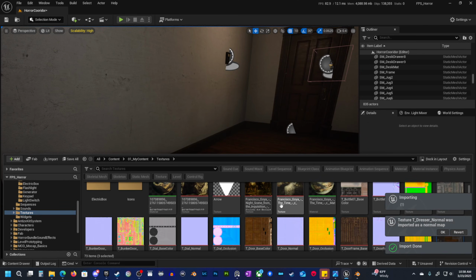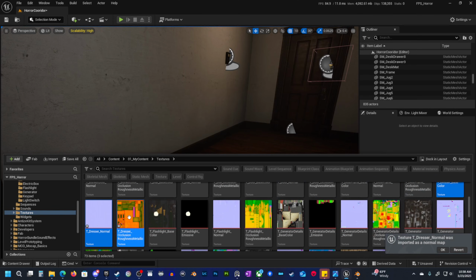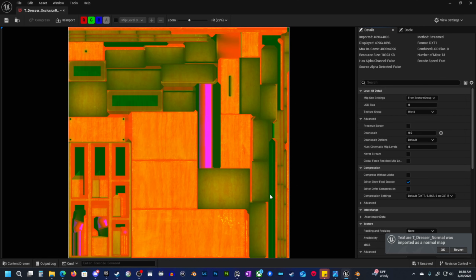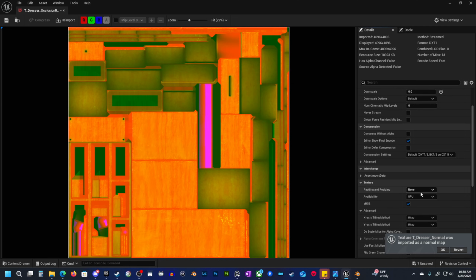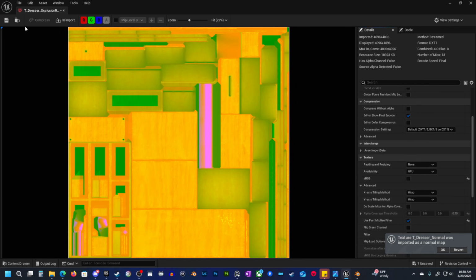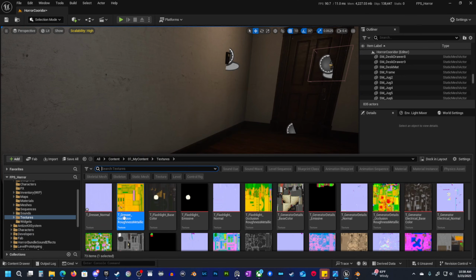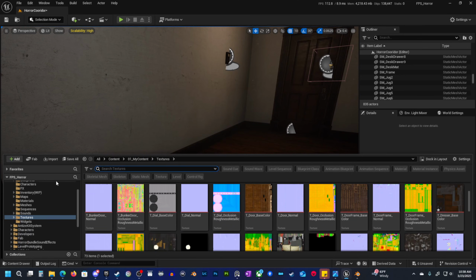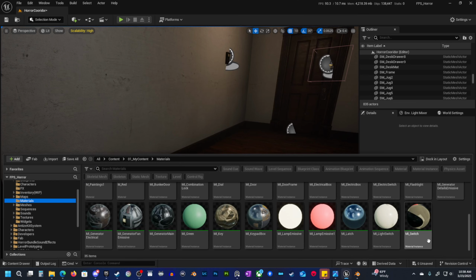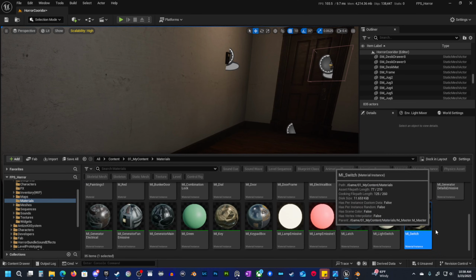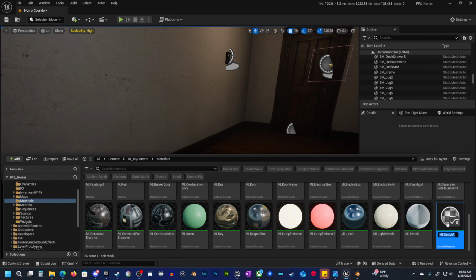Okay, import those. And as always, we need to open up our ORM, uncheck sRGB, go ahead and save that. And yeah, the rest of those look good. All right, now I'm just going to grab one of my other materials that I've created. These are all material instances from my master material, which again, if you want to know how to create that